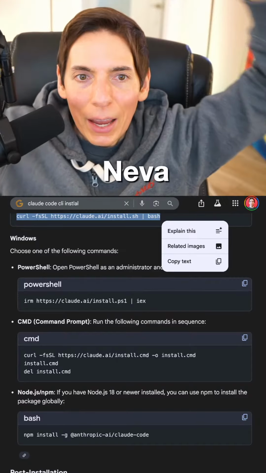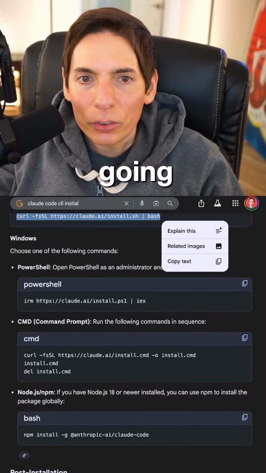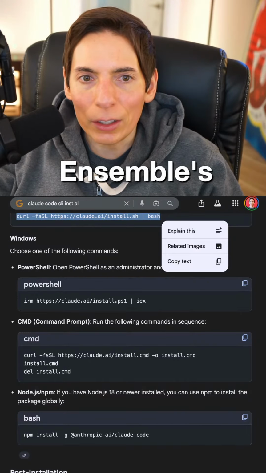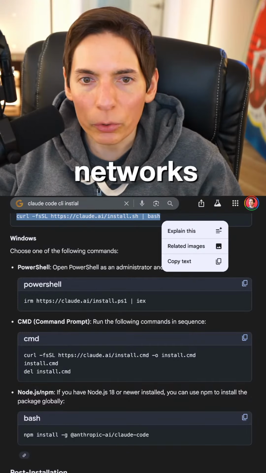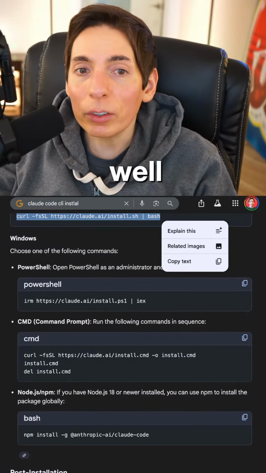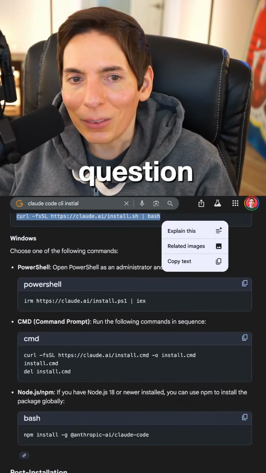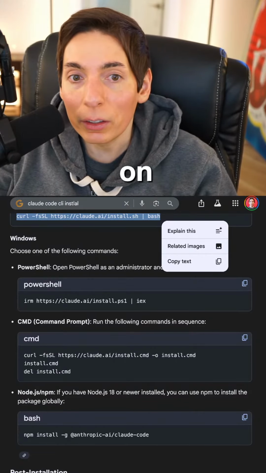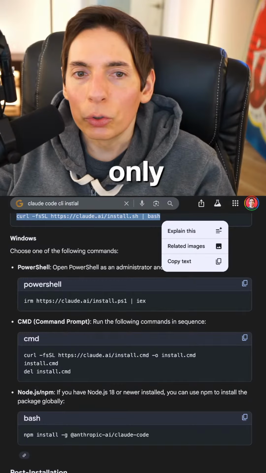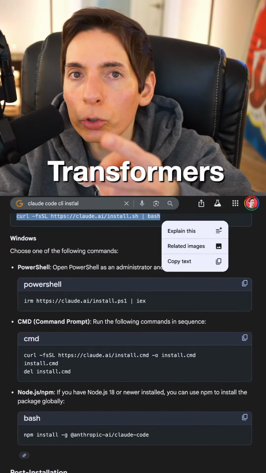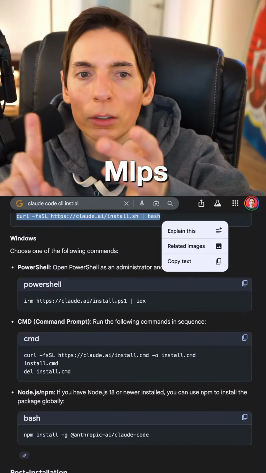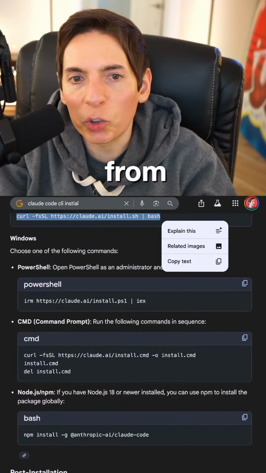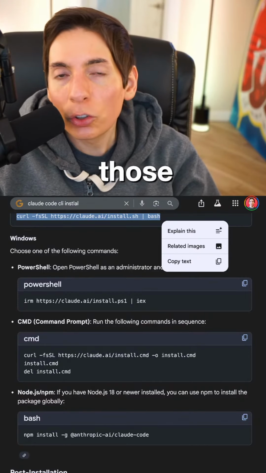Hey, Rusty Window. How's it going? Thoughts on differentiable decision trees? I've been using them in ensembles to increase edge compatibility. Neural network ensembles were too expensive on constraints. Well, that's definitely maybe a Neva question, right? Neva could probably help you a little bit more there. I have not personally used too much on the decision tree side of things. I've dealt with transformers, convolutional neural networks, MLPs, deep learning, standard machine learning, from a traditional perspective, and I've always found success with those. Support vector machines, those sorts of things.